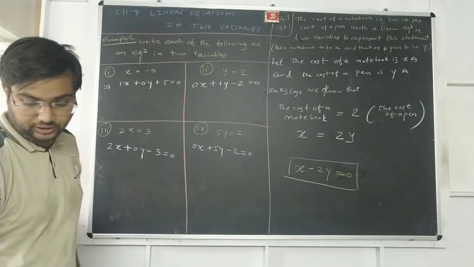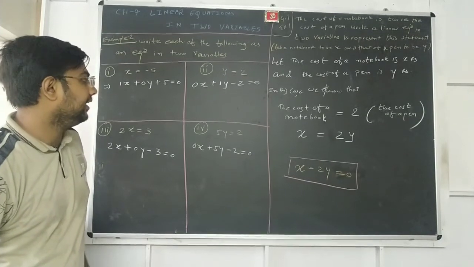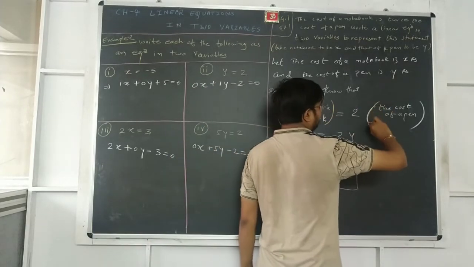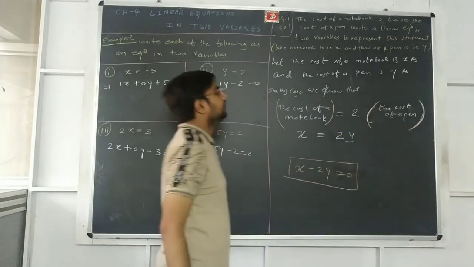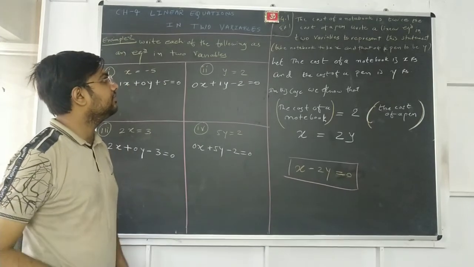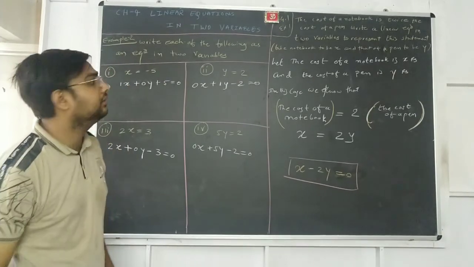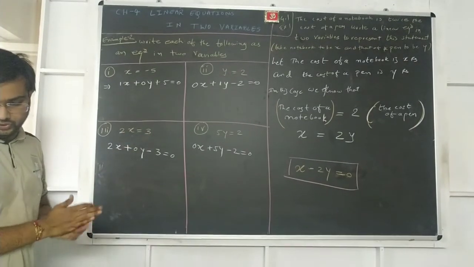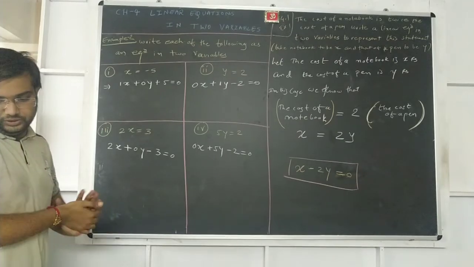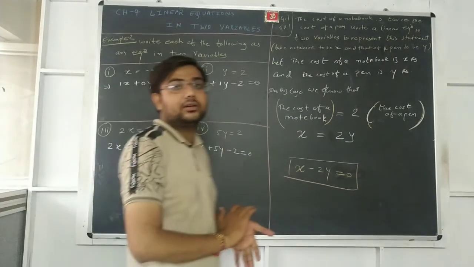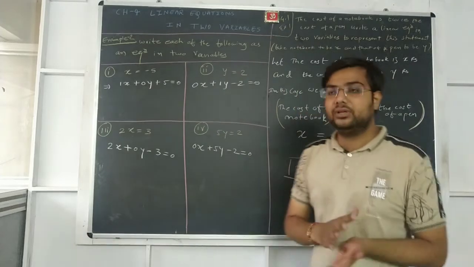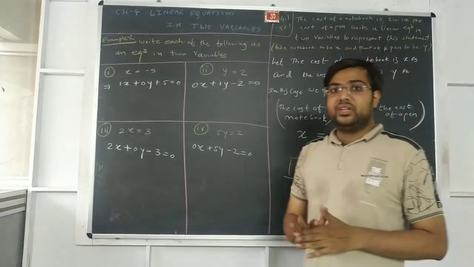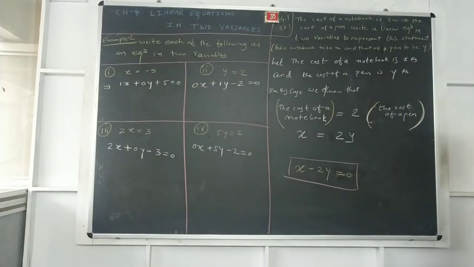Take the cost of a notebook and pen. Is this equation and this example clear? x is equal to 2y, x minus 2y is equal to 0. Now exercise 4.1 is complete, and all the examples of chapter number 4 are complete here. Okay, now the next topic is that